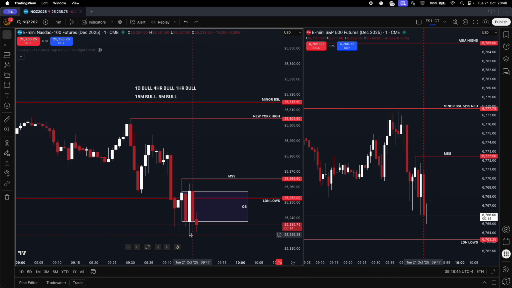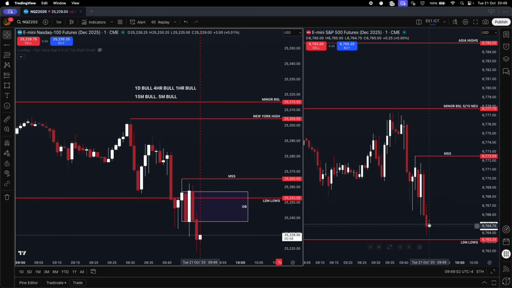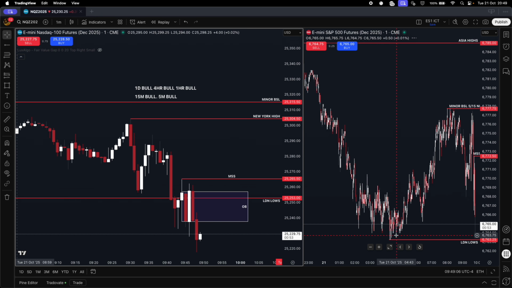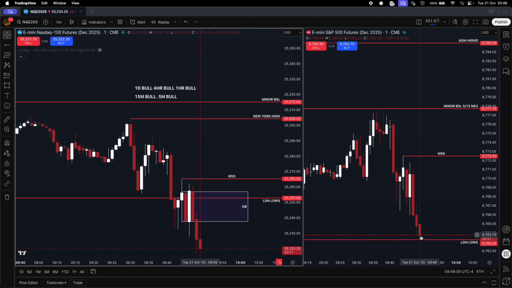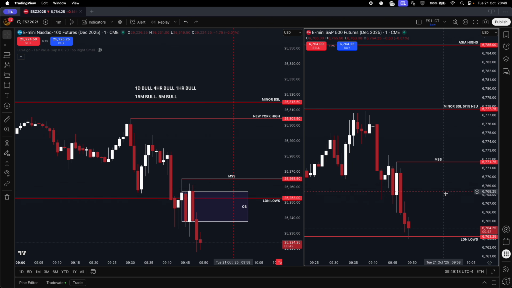Little tiny SMT. Could probably get ran through anyway. You can see ES is still reaching for London lows. So as of now, we got a bullish SMT on ES, but ES has just tapped and made equal and then taken it. Okay, so just swept that point sell side on ES as well, which is actually good to see,